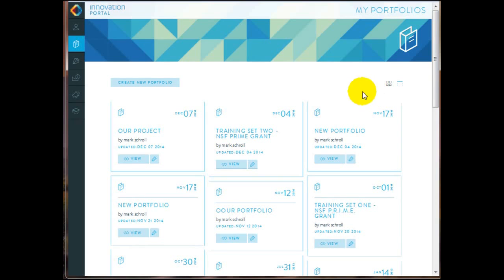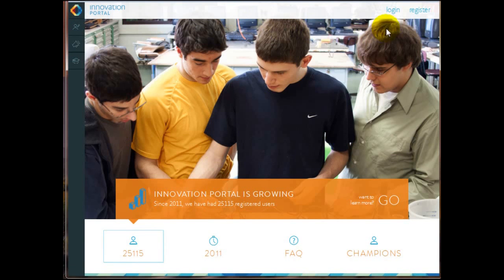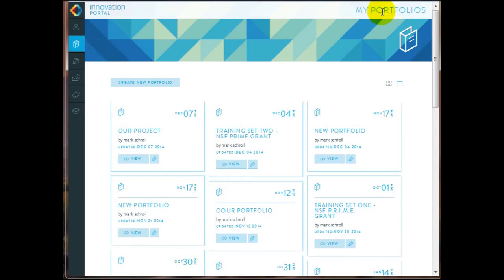If you have portfolios, it will show you the portfolios that are there. If not, it will give you some hints on how to access some of the resources in the Innovation Portal. So we're going to log back in here, and we're going to jump over and take a look at